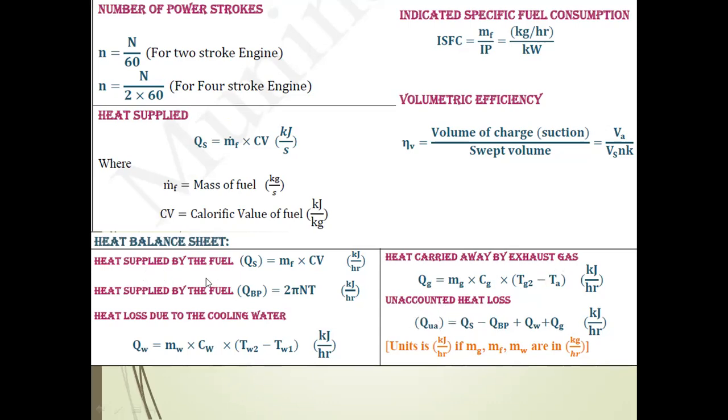For example, if you find the heat balance, we get 100% of the efficiency. A chart will be prepared from the heat balance. Here there will be three categories of heat carried out from the input of the engine: one is the cooling water, another is the exhaust gas, and another is the unaccounted heat losses. So from the problem point of view, you should memorize these formulas; they are very important.